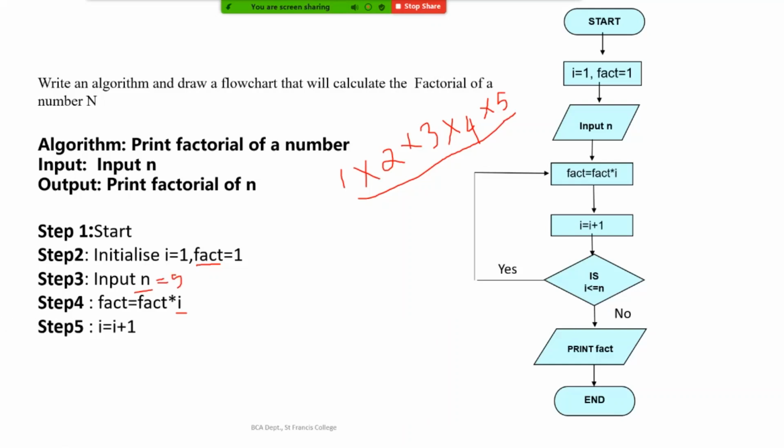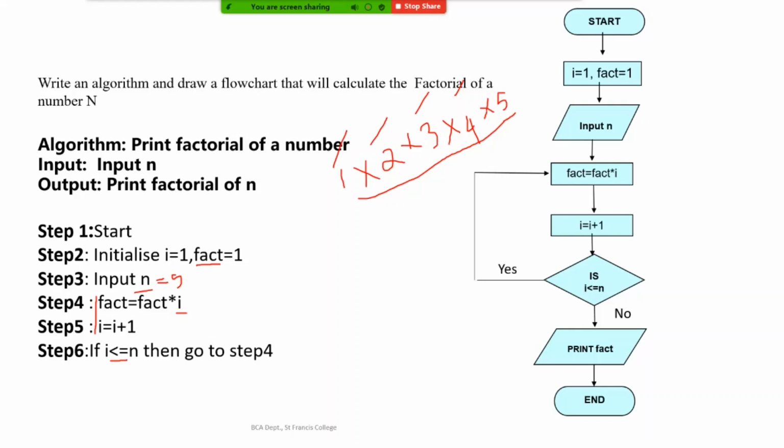Are you listening? Now in each step, after these steps, we will be incrementing the I value by 1. Then after these two steps, as I told, this has to be iterated, or put into a loop. We will be checking whether the I value is less than or equal to n, because if I enter 5, I should be multiplying only up to 5. That's why we are checking whether the I value is less than or equal. Less than means it will go for this case, this case, this case, and this case.